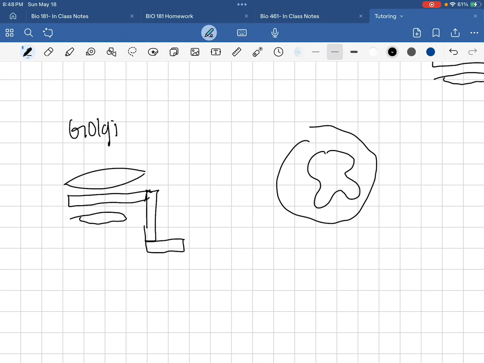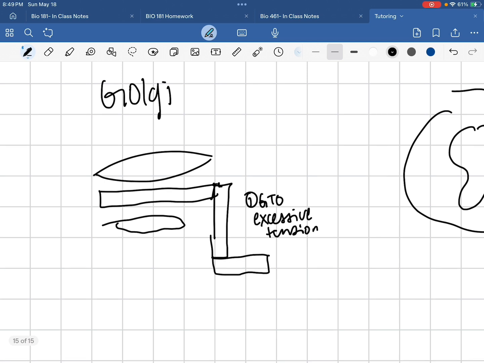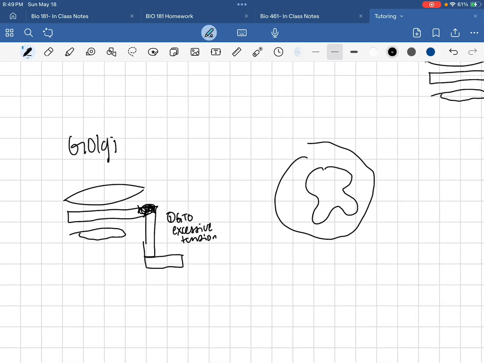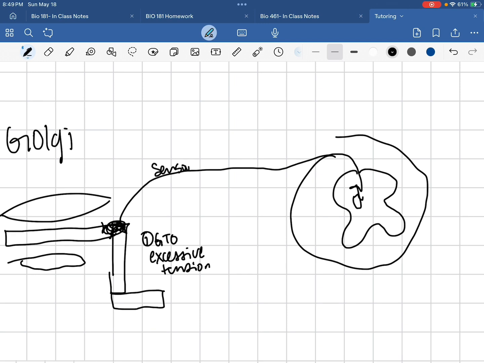So it's going to be the same exact process. We have step 1 here. The Golgi tendon organ senses excessive tension. This is where we would be feeling the excessive tension, right here near the patella, and then it's going all the way up here to the dorsal root ganglia, and this is when the sensory neuron conducts an action potential,